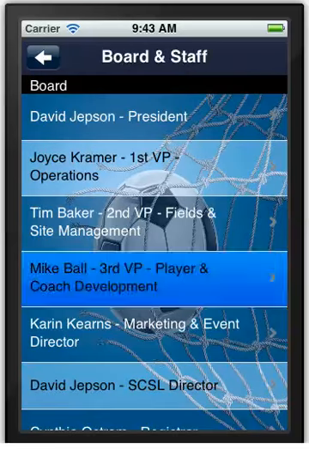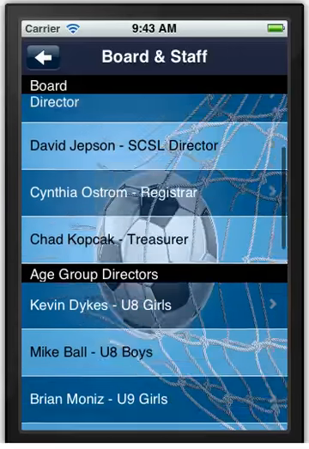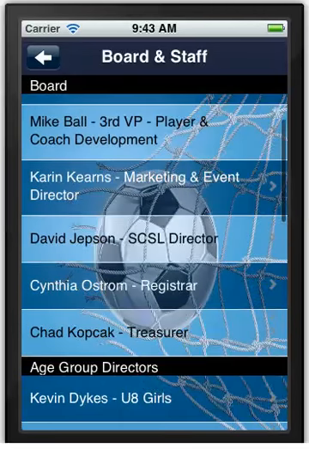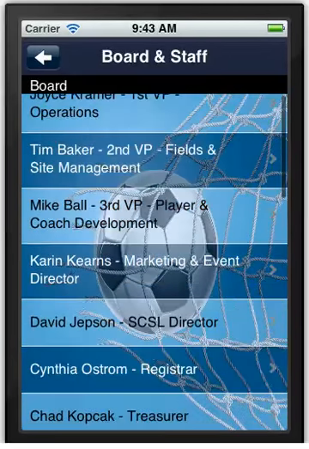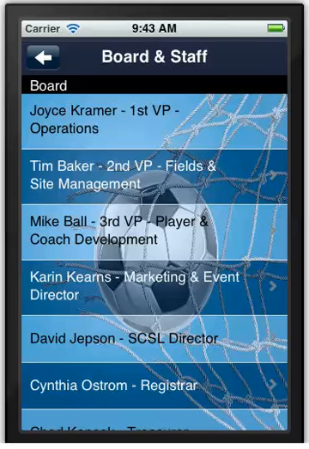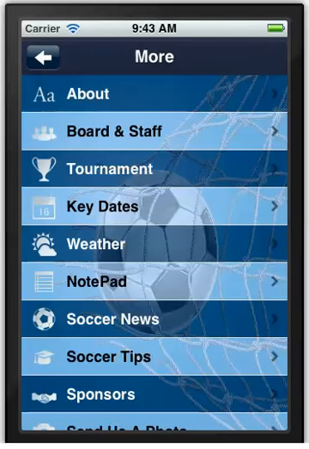And this doesn't just apply to board members, but every age group director is listed here. And if you had paid staff, coaching staff, director of coaching, all could be listed on the app with direct contact information. This particular club happens to run a tournament, a very successful tournament over Memorial Day weekend, and